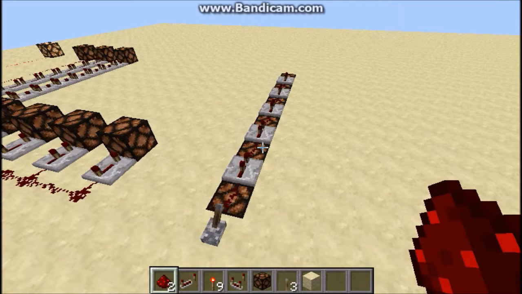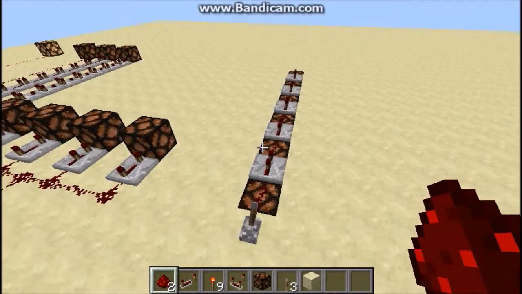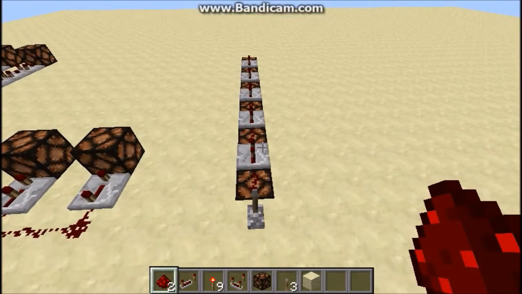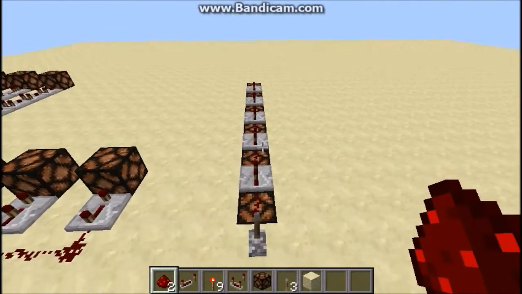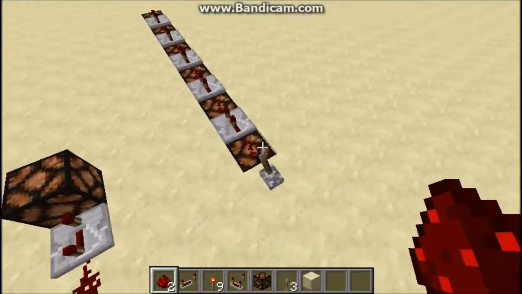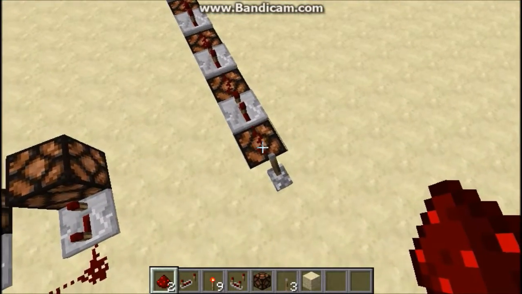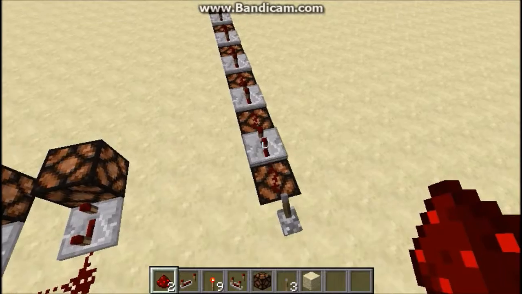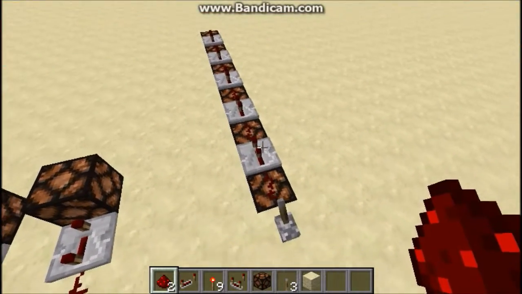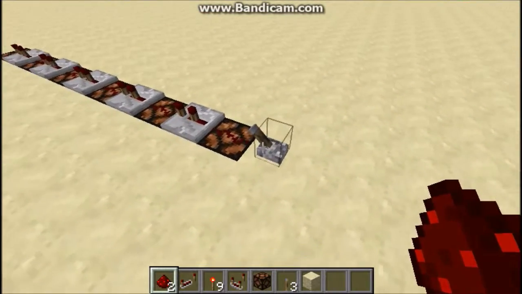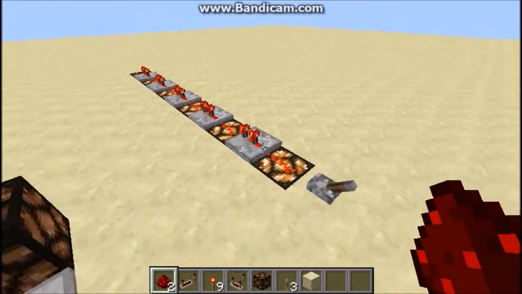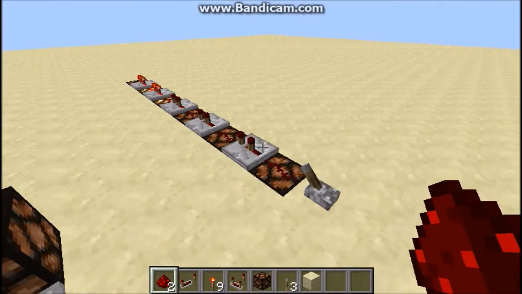So in order to show you how you can create nice light displays with the delay, I've just set up this small experiment right here. Each of these lamps are connected by a redstone dust and a repeater on two ticks. Each of these repeaters are on two ticks. So if you flick the lever, you'll see them coming on like that, and they'll switch off in the same